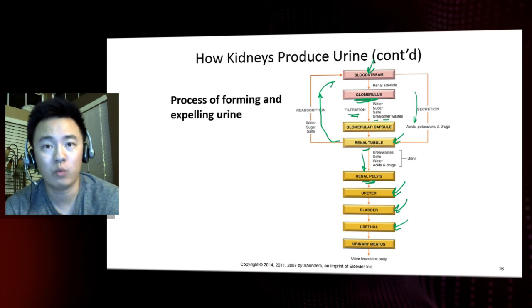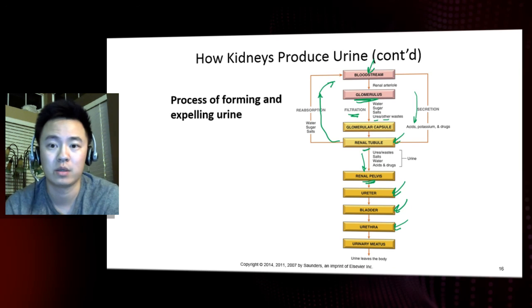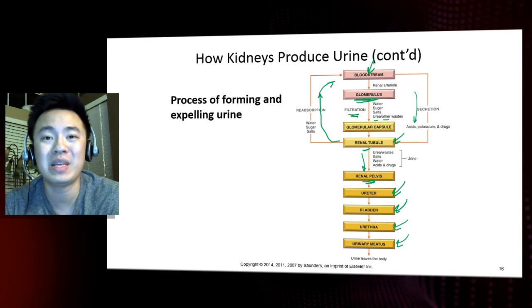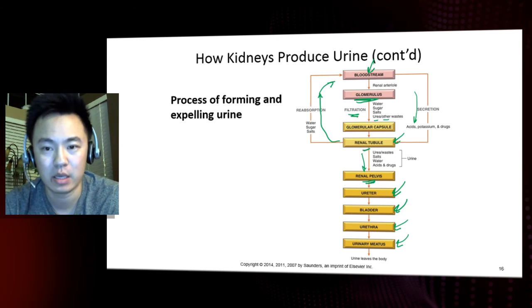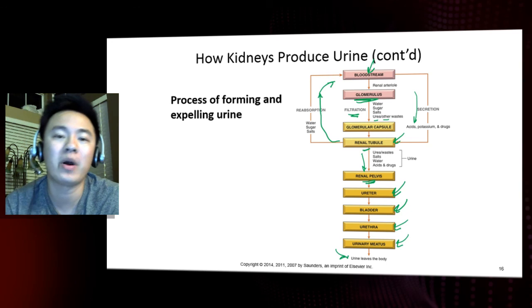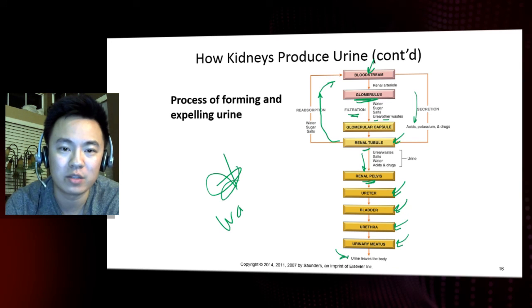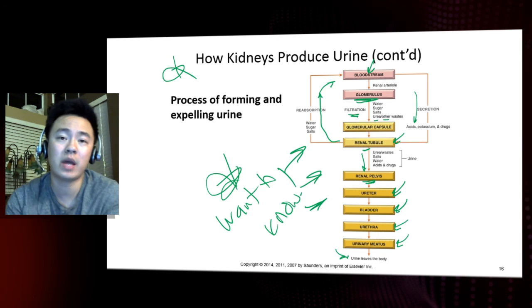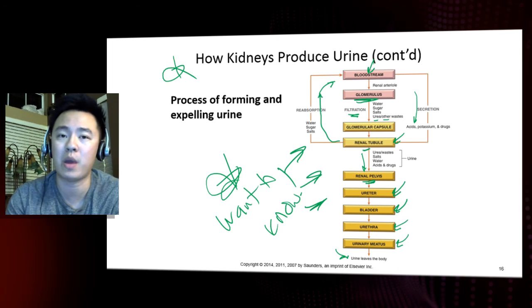And don't forget, men and women have different lengths in the urethra. And then out here through that opening known as the urinary meatus. Okay, not urinary meatus, urinary meatus. And therefore the urine leaves the body. I would definitely want to know this pathway. I would definitely want to star that because it's very important that you know that pathway.